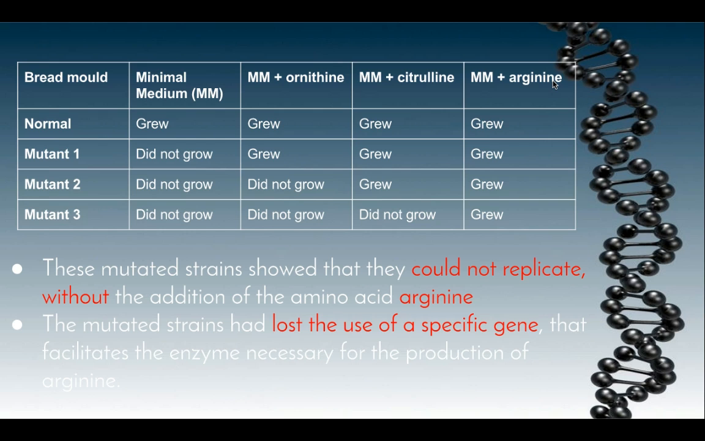In particular, if we look at mutant 3, we can see that the only time that this mold was able to grow was when the amino acid arginine was added. This showed Beadle and Tatum that the gene that coded for the amino acid arginine was altered due to the